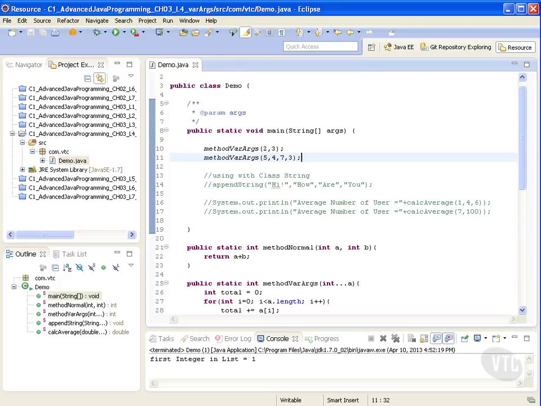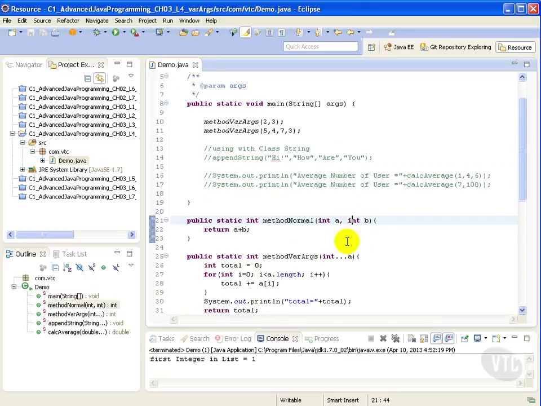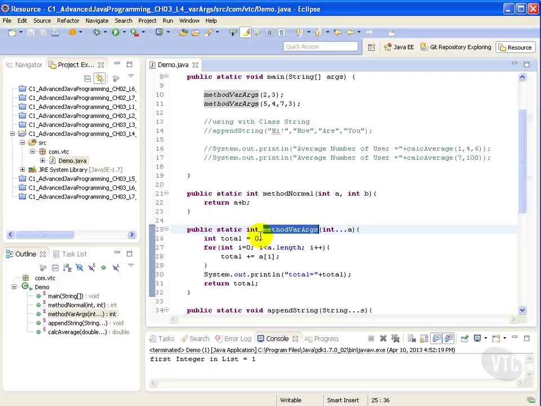Let's dissect the method which has a varArgs construct. You can use this construct called varArgs to pass an arbitrary number of values to a method. As you can see here, in this method call, I only pass in 2 parameters. And in this method call, I pass in 4. Did the method signature change? It didn't. You use varArgs when you don't know how many of a particular type of argument will be passed